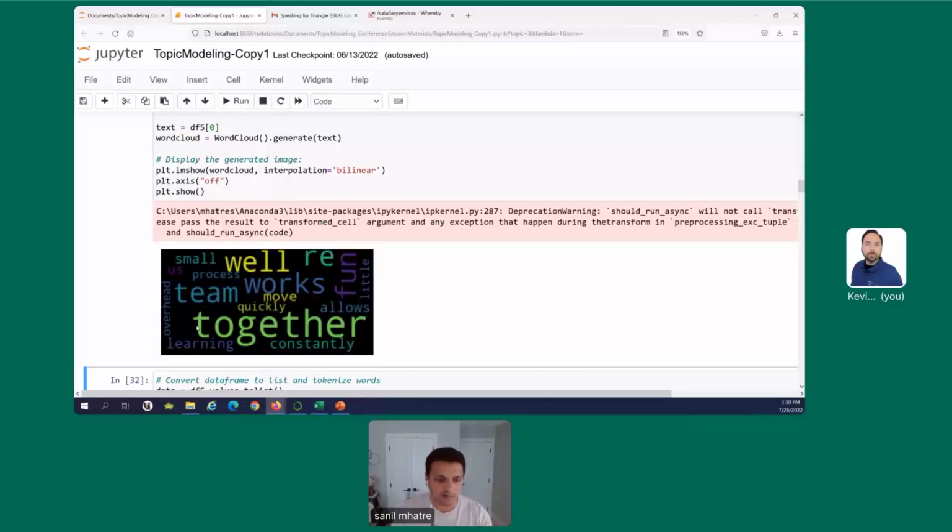Then you probably have words like team, works, well, and fun that show up as large words, not as large as together, but they still are prominent. And it's kind of difficult to interpret a lot of meaningful insights from this word cloud. I only get a general positive sense by looking at this word cloud about the health of the teams.